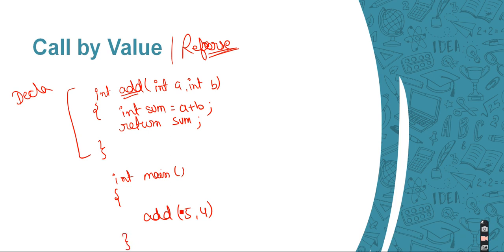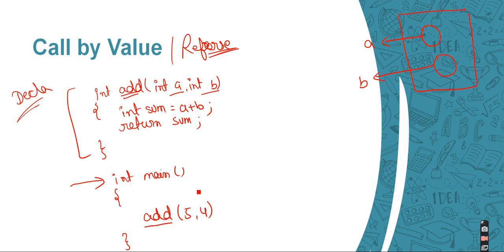So what is going to happen now? Whenever we declare this function, what will exactly happen in our memory location? Two separate memory locations will be created for int a and int b. The name of the first will be a and the name of the second memory location will be b. Now, as we already know, the code starts running from the main function, right? So when the main function runs, it is going to call this function add.